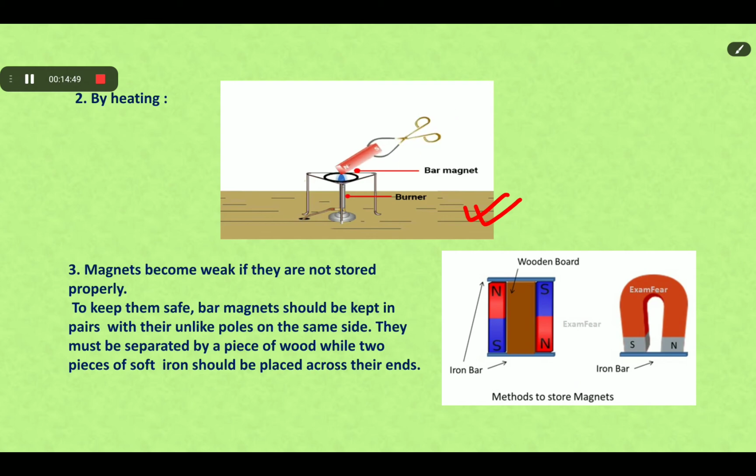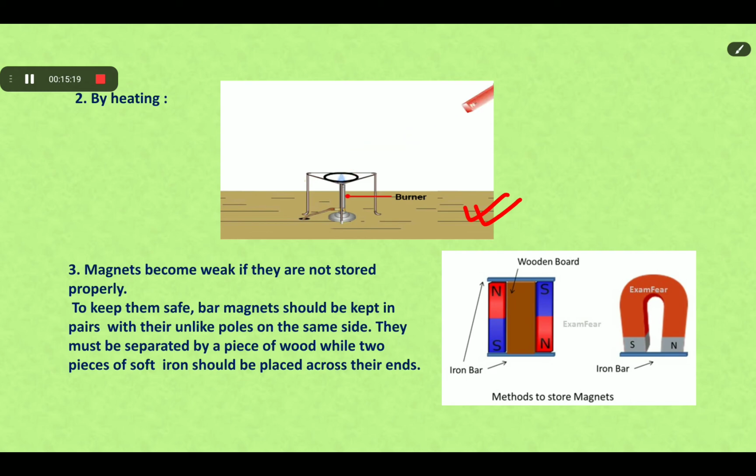That temperature is called the Curie point of the material, the point to which we have to heat the magnet. So when we heat the magnet above a certain temperature, the magnet loses its magnetic properties and it can be demagnetized.